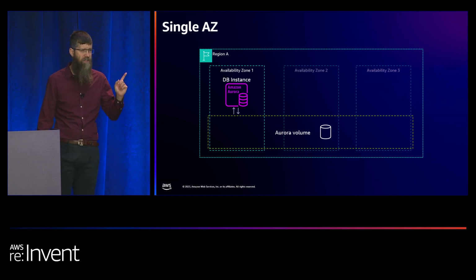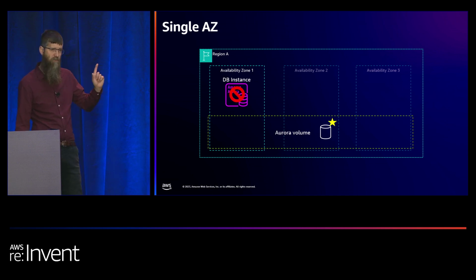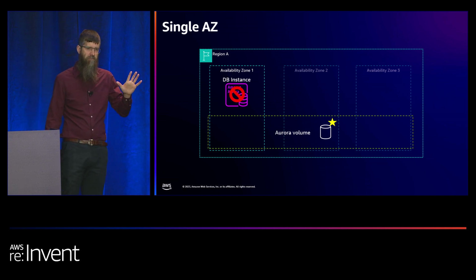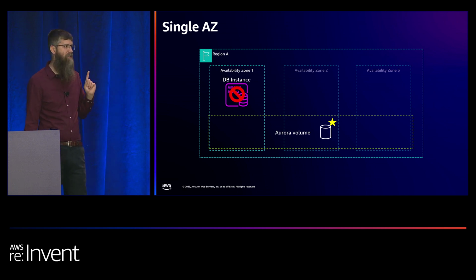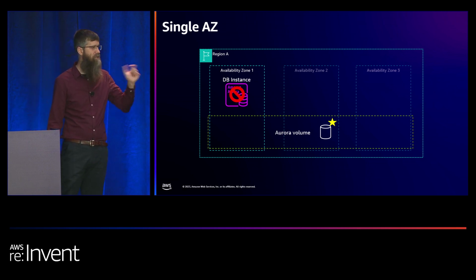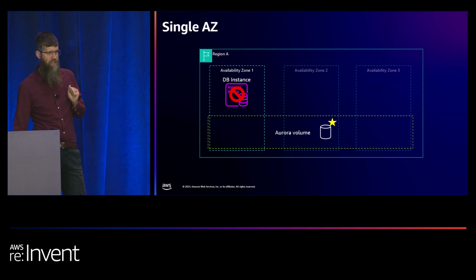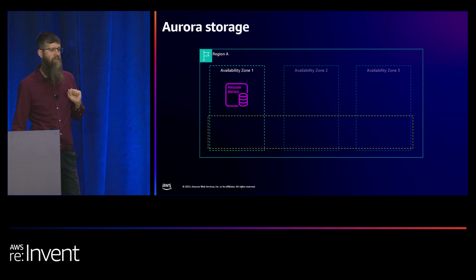If that one database instance becomes unavailable in that one AZ, then your system's unavailable because that was the only instance that you had. But your data is still durable. It's still stored in that Aurora storage fleet. So as soon as your database instance comes back or you provision a new one, you're back to the races, okay? So let's dive a little bit deeper in how that storage works